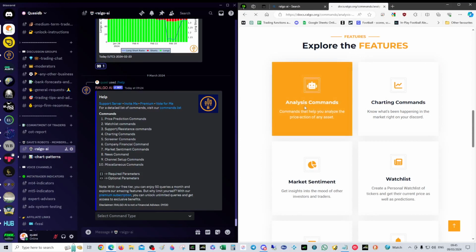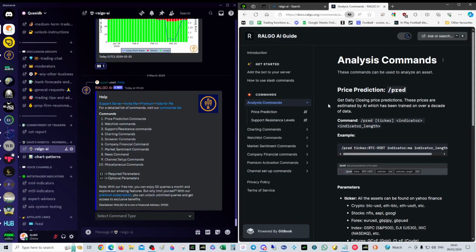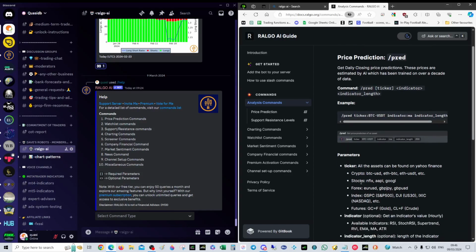So we can go to analysis commands, and what it does is price predictions, and it gives us support and resistance levels, which is amazing. And what we've got here, which is quite nice, is a copy button. So we're going to copy this price prediction for Bitcoin. You don't have to do Bitcoin, you can do stocks, FX, indices, futures, anything that's listed on Yahoo Finance. Anything can be used for price prediction. So we're going to copy that, which we have already, and come into the Discord, into Ralgo AI, and then you can right click, paste, or Control V,